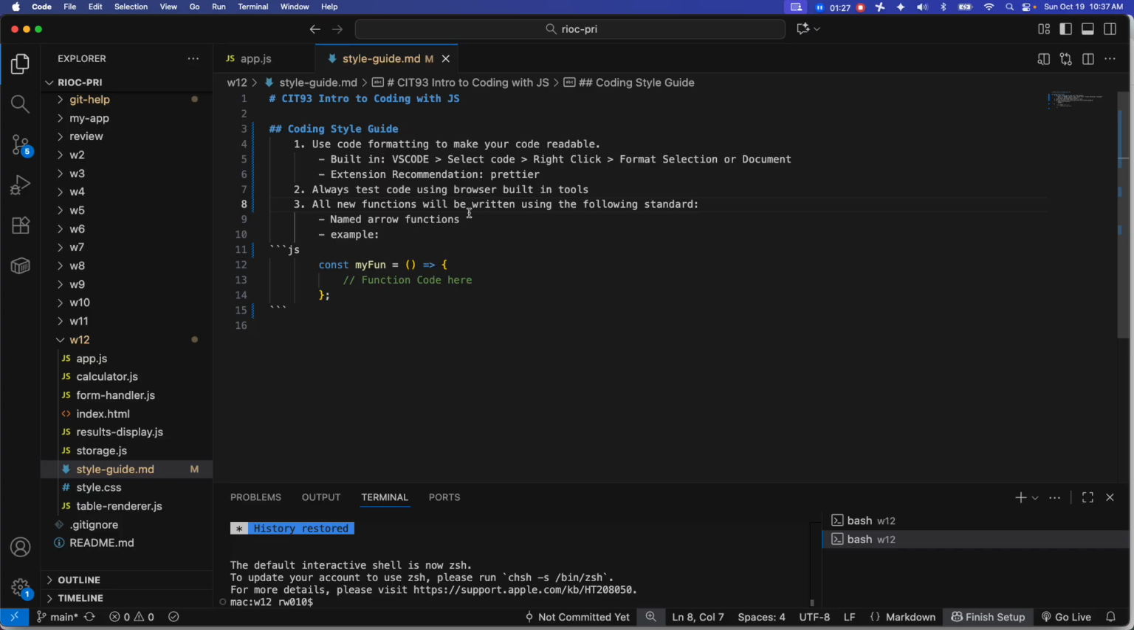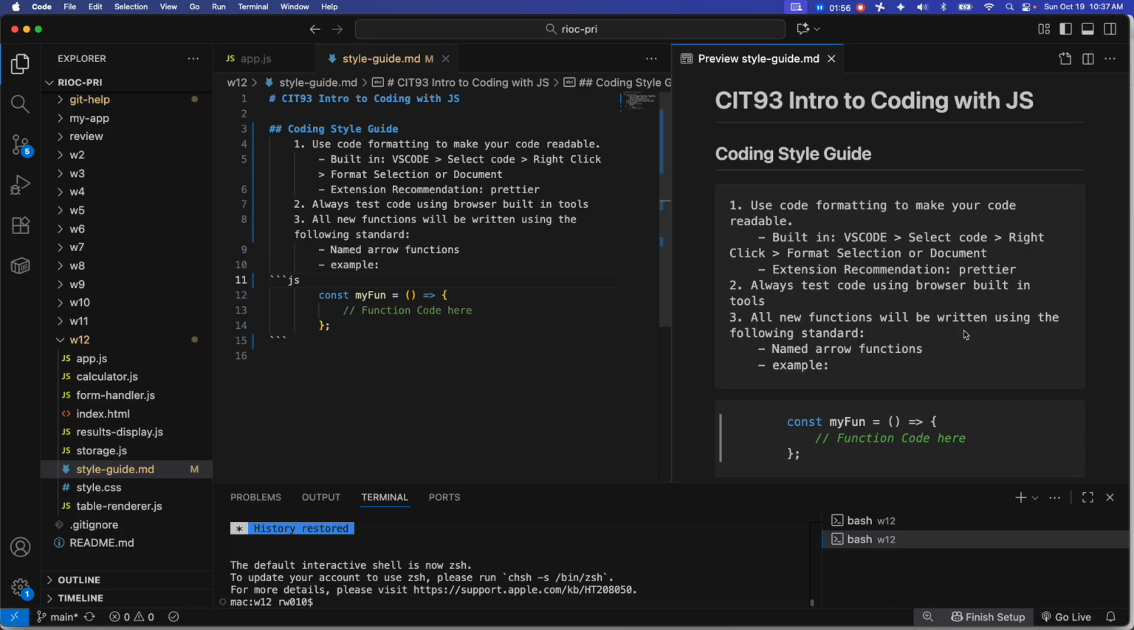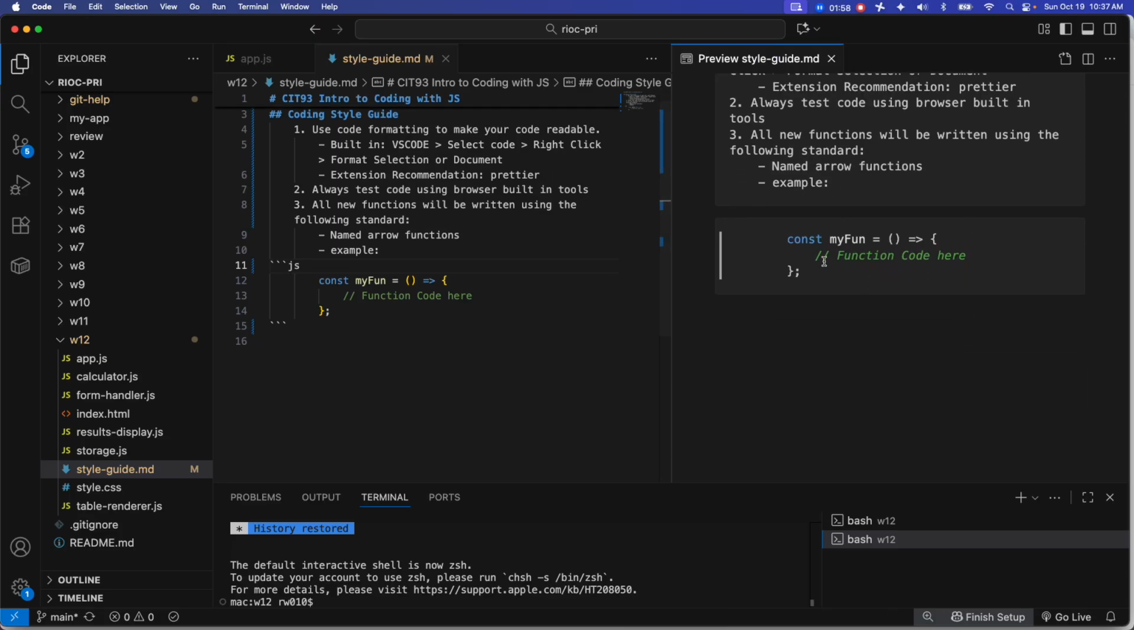All new functions. Now we'll end up changing this and refactoring other ones later, but all new functions will be written using the following standard: a named arrow function. And here's the example, and actually use this kind of backticks, so 3 backticks, and then JS, and then the actual code itself. And you can indent the code so that when you look at the output, now, I don't know if I've pushed this, but if you ever wanted to look at it, then it looks like it's aligned